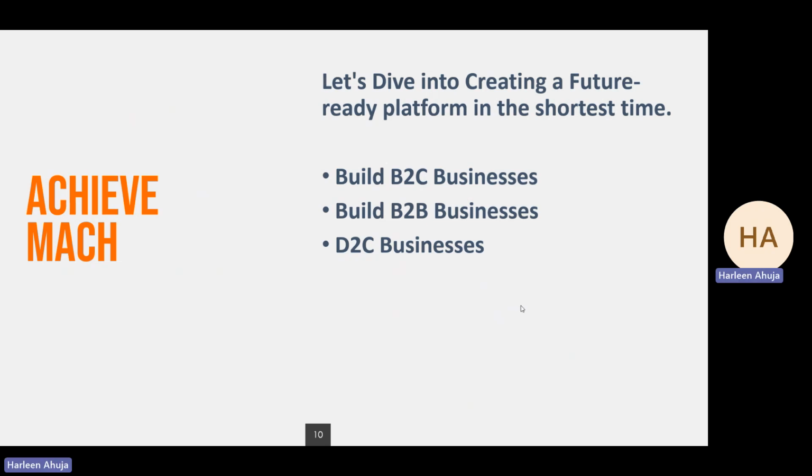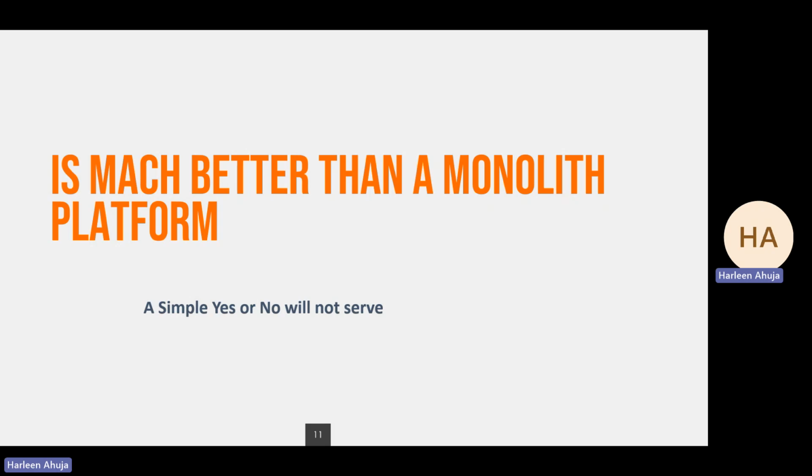So are we saying monolith is better than MACH or MACH is the best solution in the market? A simple yes or no answer cannot serve. We cannot simply say that this one is better than this. After looking at so many advantages of MACH over monolith, shouldn't brands rush over to the MACH platform? Is that the case? But as we said, a simple yes or no won't be the proper answer, and we